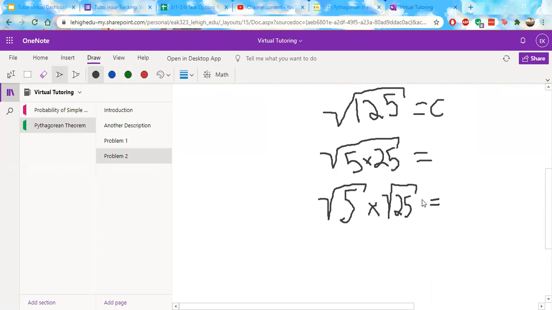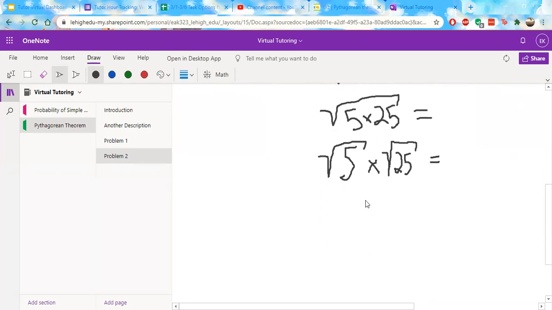And obviously, if you just take the square root of 25, you get 5. So writing this all out, you end up with simplified 5 square root 5. And that's what c equals, right? And if you use your calculator, which I'm going to do right now, square root of 5 times 5, that is